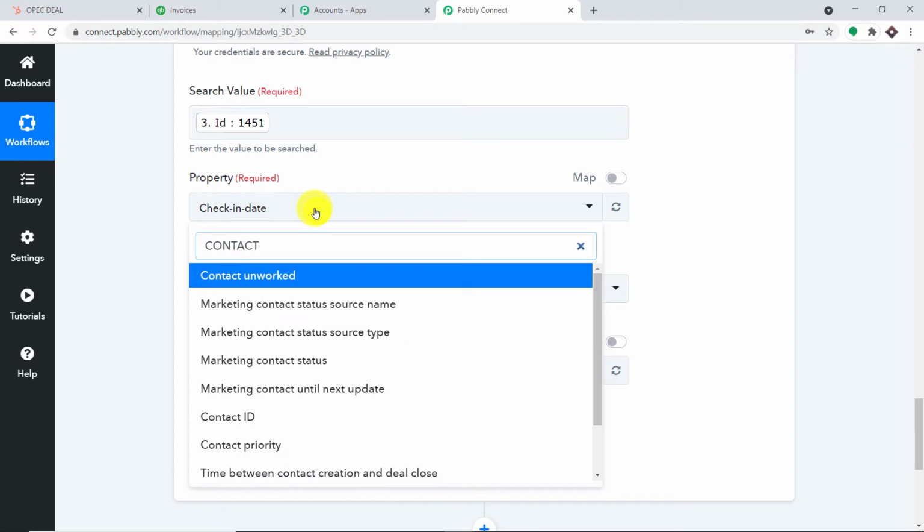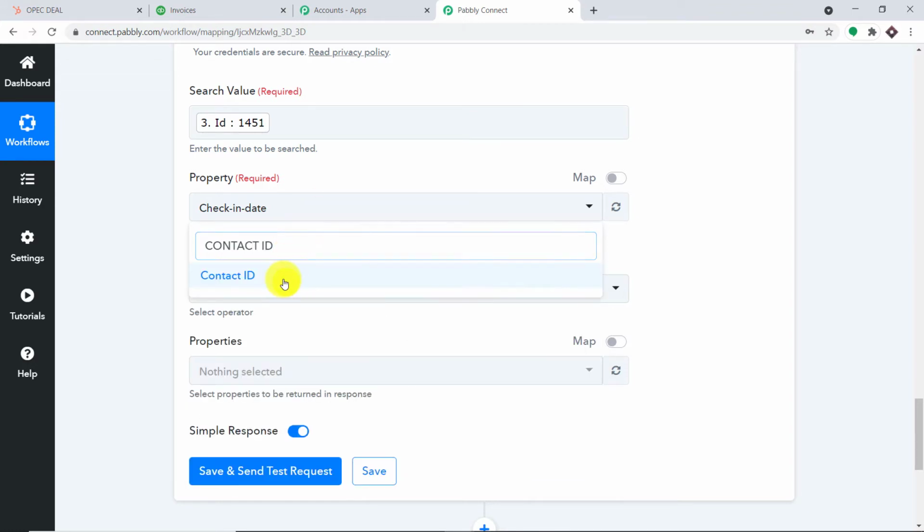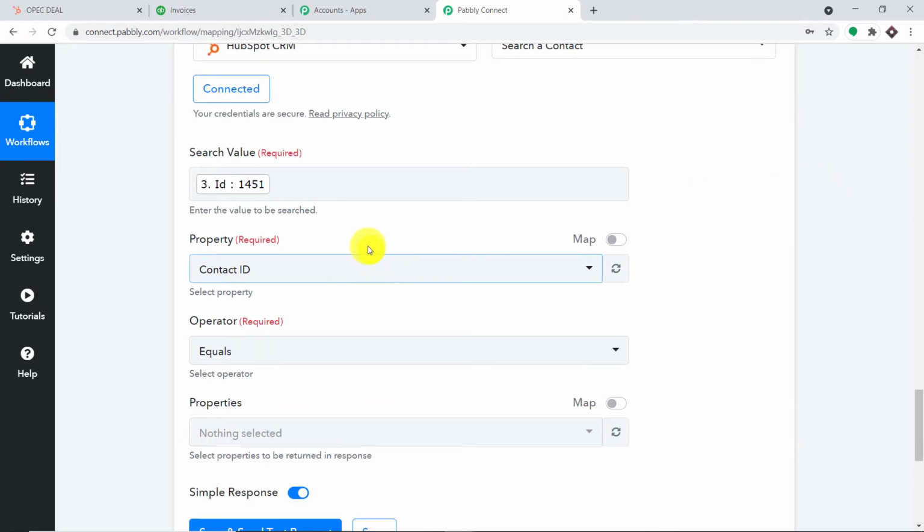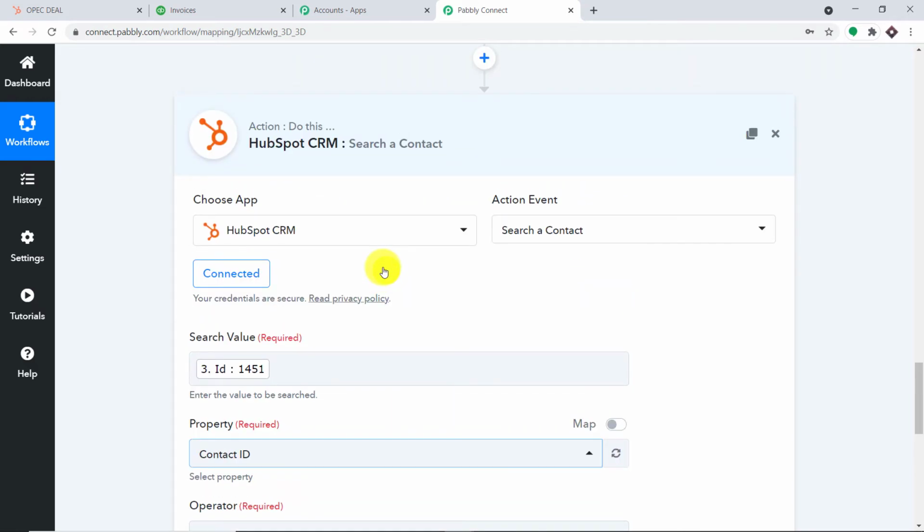Contact ID, yeah, this one. And the operator will definitely be equal. In the property, it is asking what kind of fields you want. For example, we have a person called Janice Curtis, and we already know that she's a contact in HubSpot CRM. What are the details of Janice Curtis that you want? Of course, I want the email, the name, the last name, and maybe the phone number. These details are quite necessary to figure out if this Janice Curtis is added as a customer in